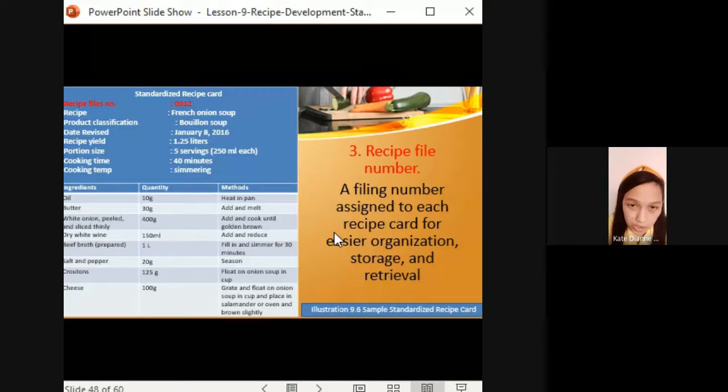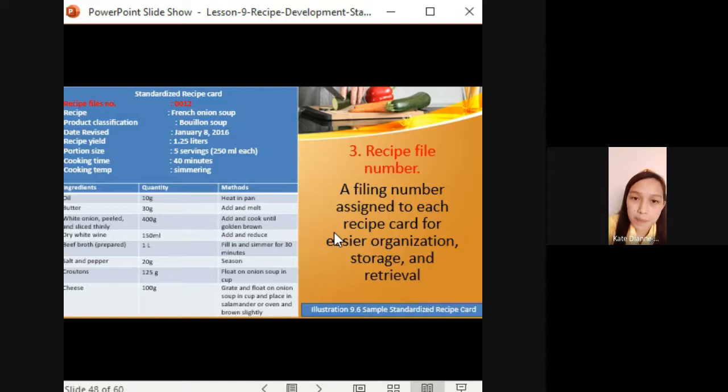So kung mapapansin nyo dyan, zoom in natin. Ayan, may recipe file number siya. Kasi for example, meron tayong iba-ibang kinds of adobo. Adobo with gata, adobo with pineapple. So, mas okay siya kung gagawan natin ng recipe file number para mabilis na siyang hanapin. Okay, so palatandaan na natin din yan, ang recipe file number. Next,